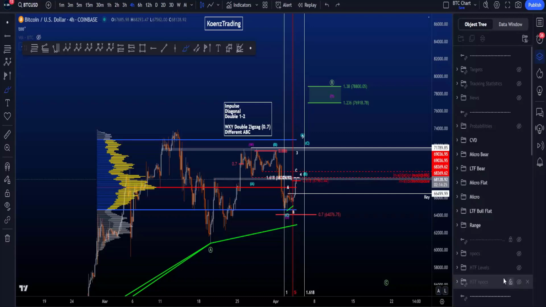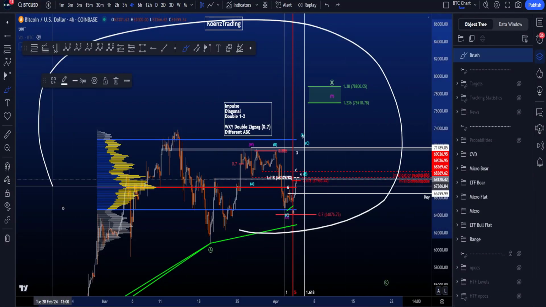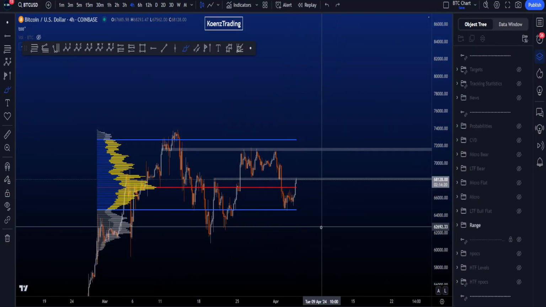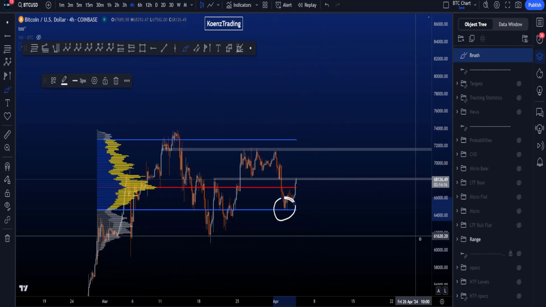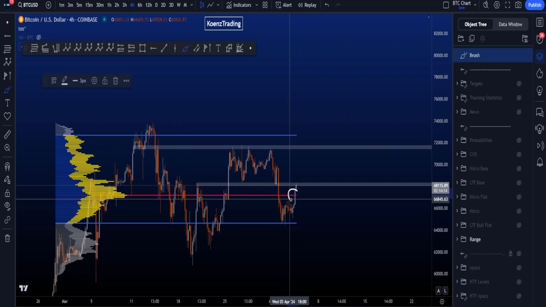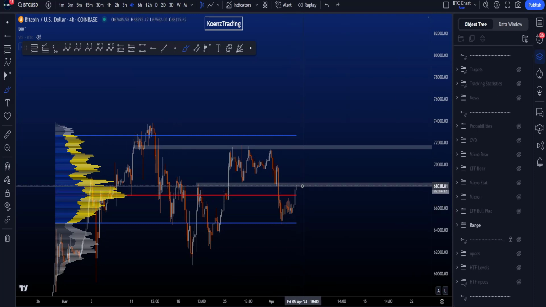Hi everyone, let's go over my bullish and bearish Elliott Wave scenarios on Bitcoin. Starting however with the volume profile of this range. You can see that price bounced on the value area low of this range and also passed the point of control. Next area of interest from a range trading perspective therefore is the value area high sitting at about 72.7k,